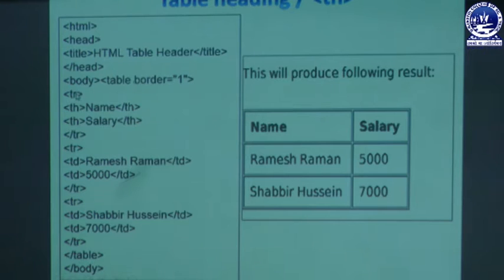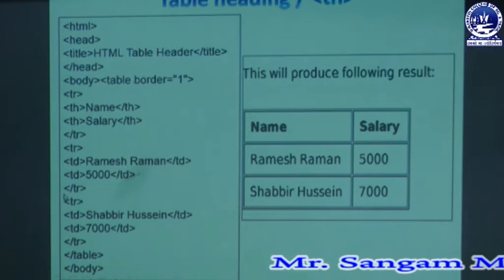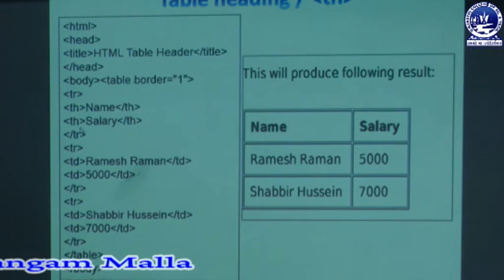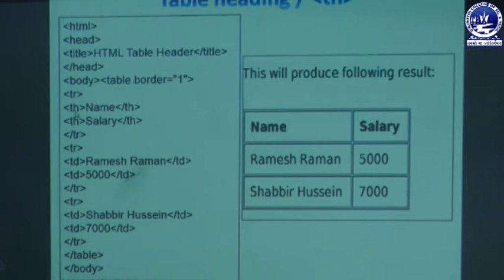Next we have declared the tr tag, that means it is used to define the first row. So as many tr tags as there are in the program, that many rows will be added in the web page. That means this tr tag is used to define the first row, then the second row, then the third row. So tr tag is followed by th tag. In the first tr tag we have specified th.